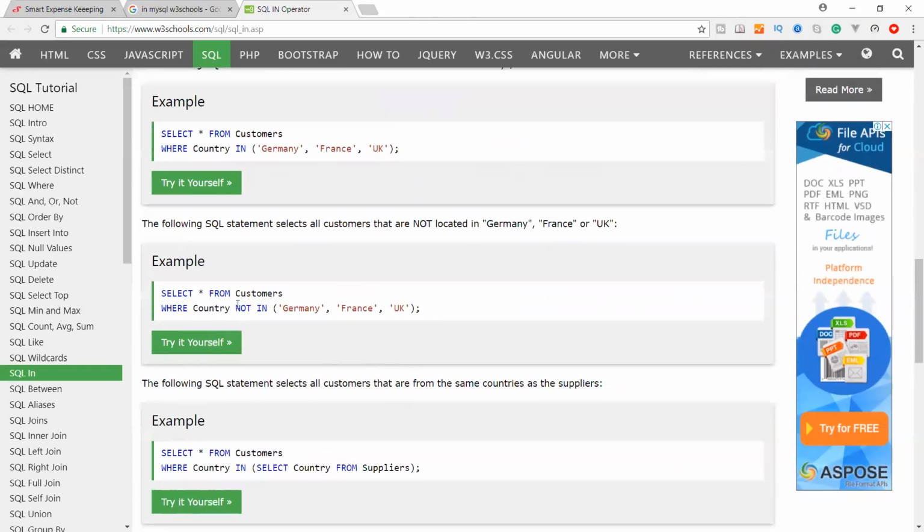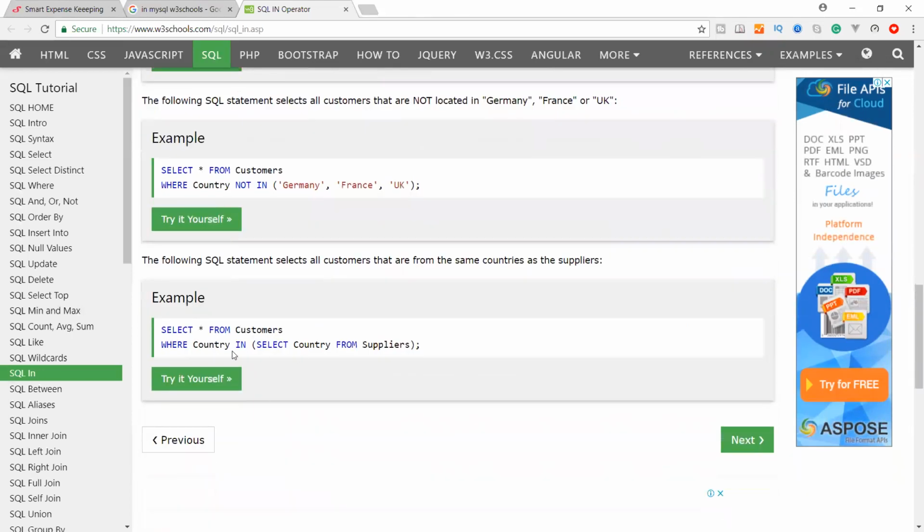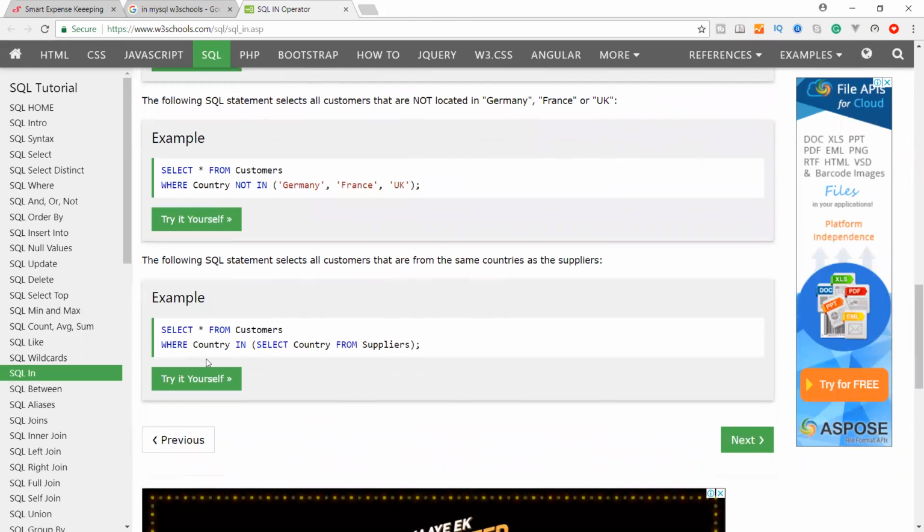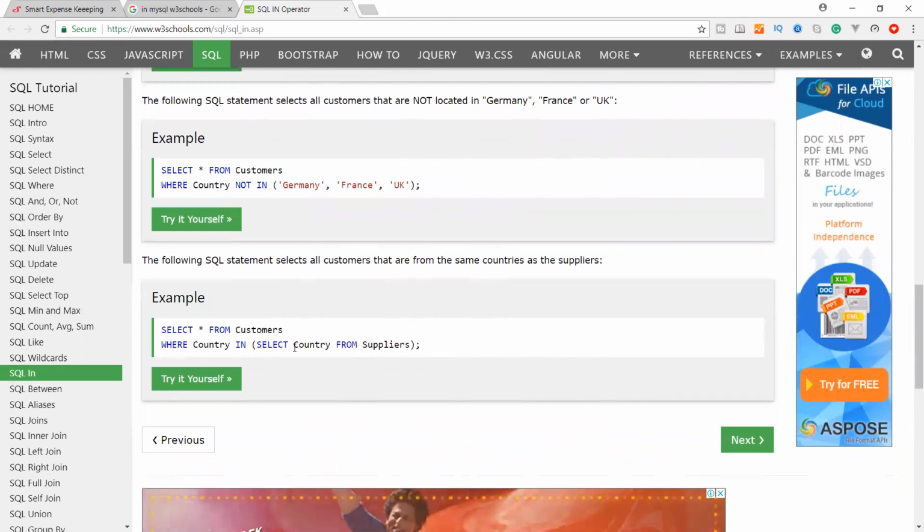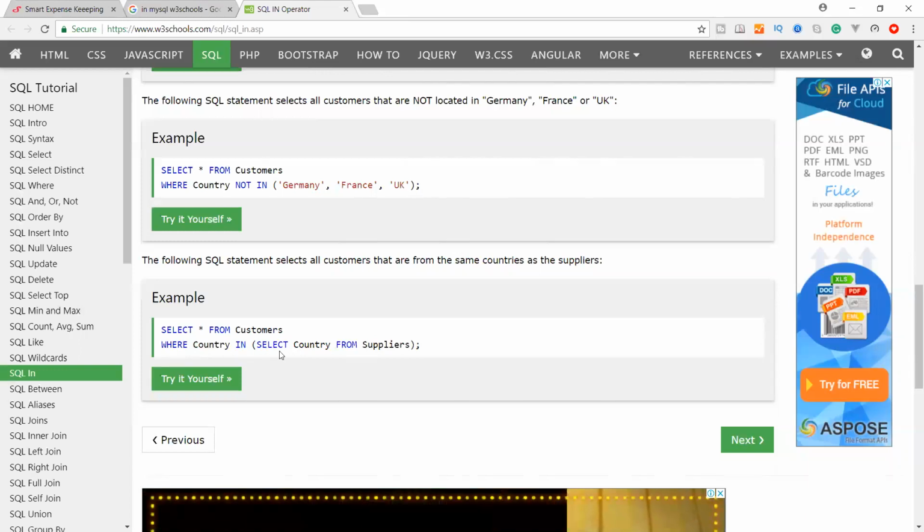The second example is select all from customer where country NOT IN Germany, France, UK. So we can use a NOT operator as well with the IN. So it will find all the customers that are not in Germany, France, UK. Select all from customer where, this time they are giving a complete select statement: where country IN select country from suppliers.